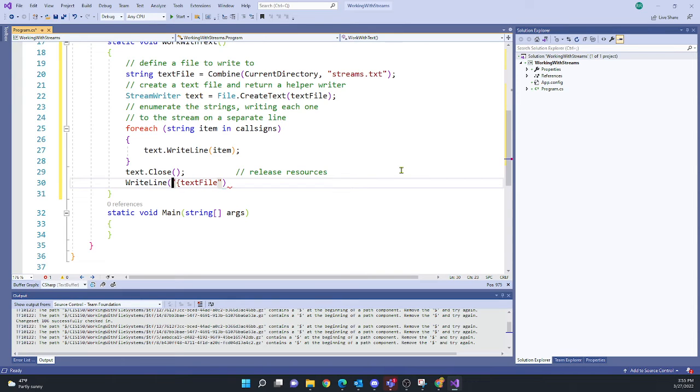We'll make this an interpolated string and say we're going to output our text file information. Contains